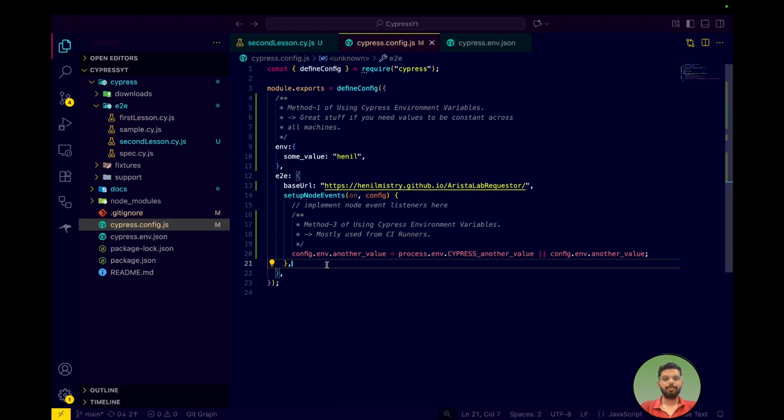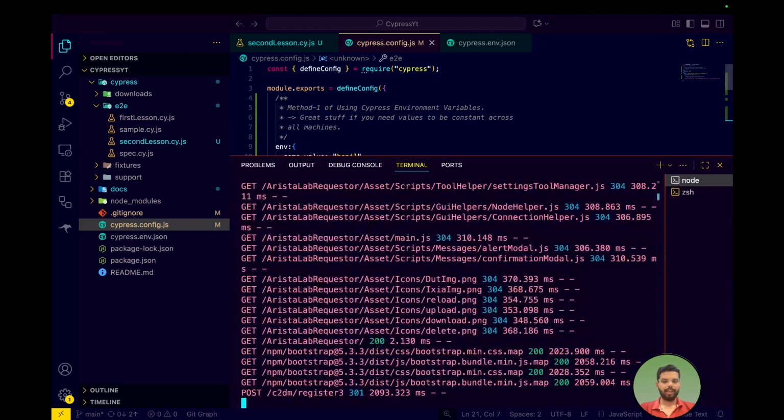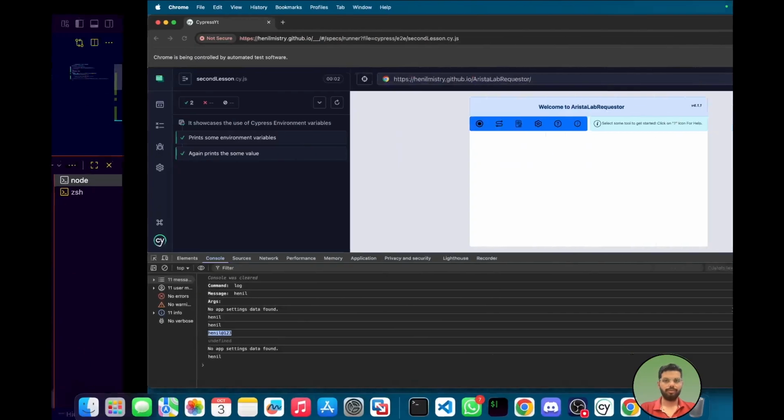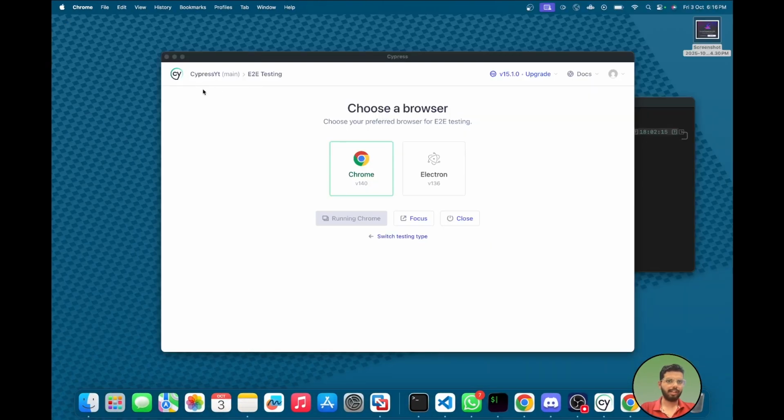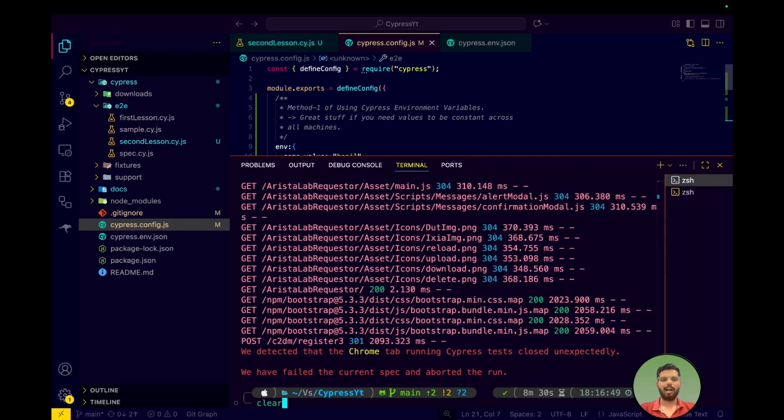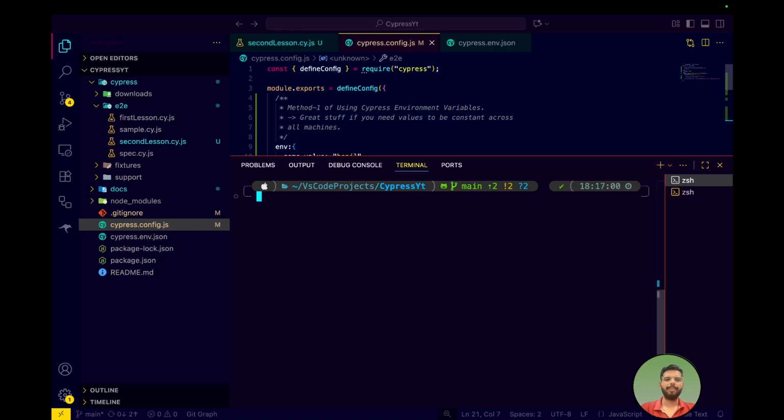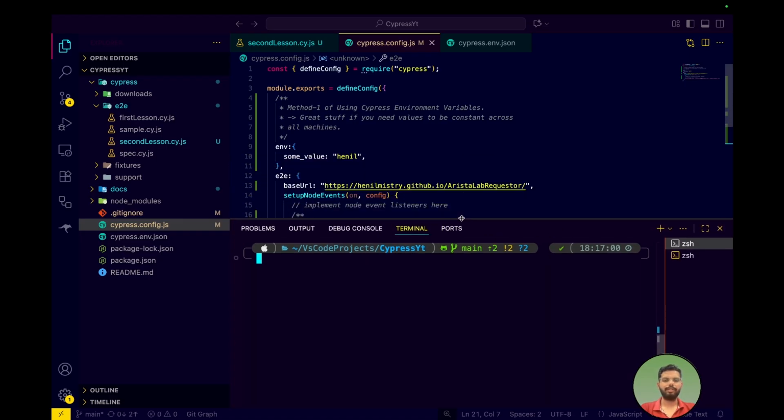So now let's move on to the fourth way of declaring the Cypress environment variable. Before that, I would like to close this already running Cypress. So now that we have closed the already open Cypress, we'll clear the terminal. And now the fourth way of declaring the Cypress environment variable is using the flag that we can use